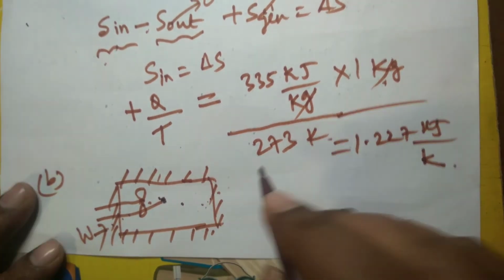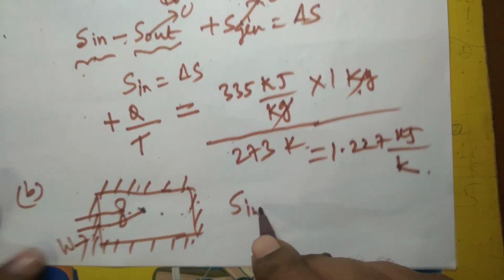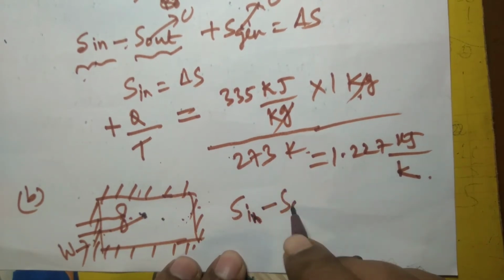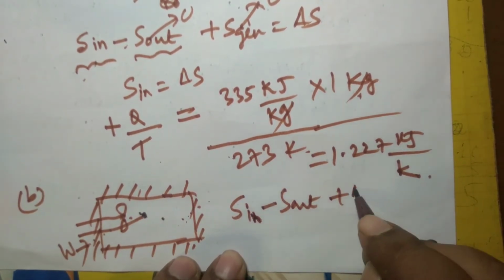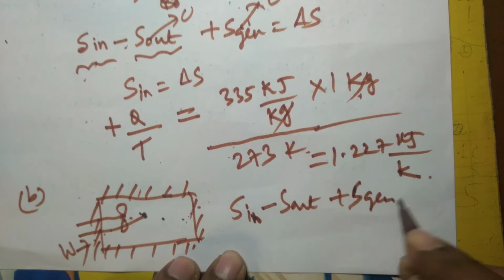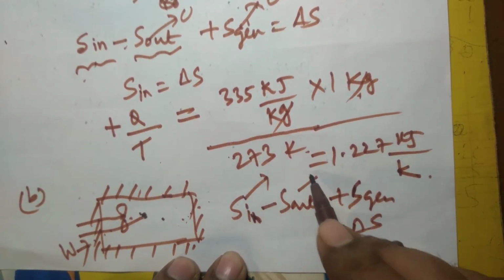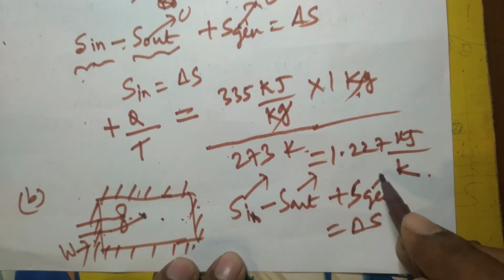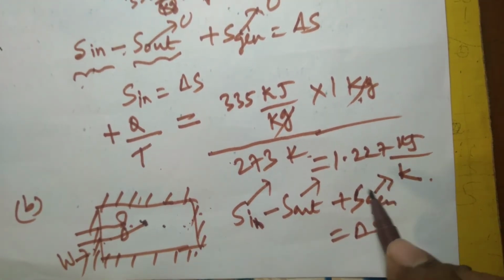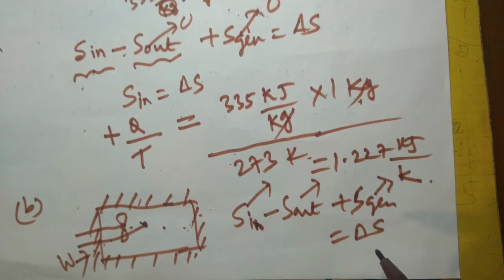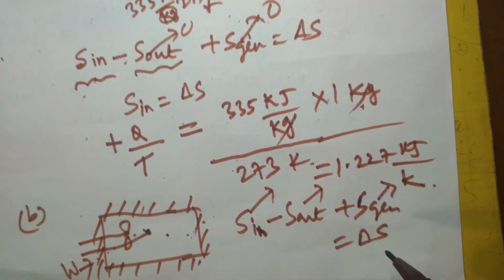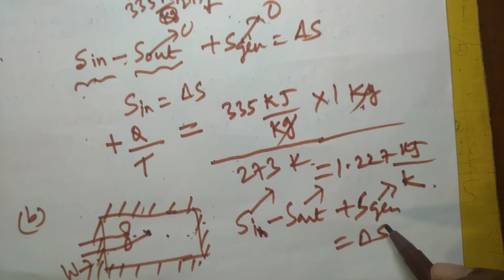So here if you apply the entropy balance principle, S in is 0, S out is 0, but S generation will be there because it is not a reversible process. Some entropy will be generated within the system during this process, which will contribute to the increase